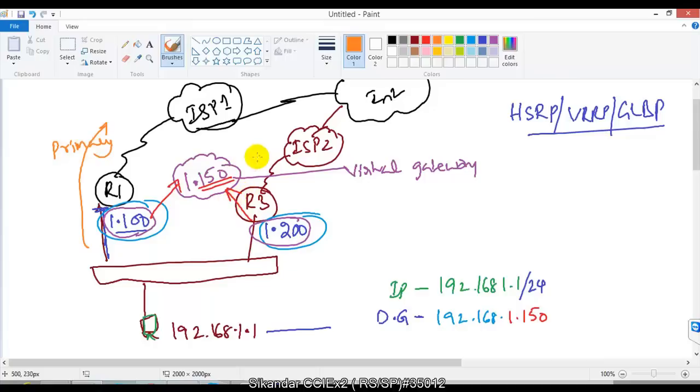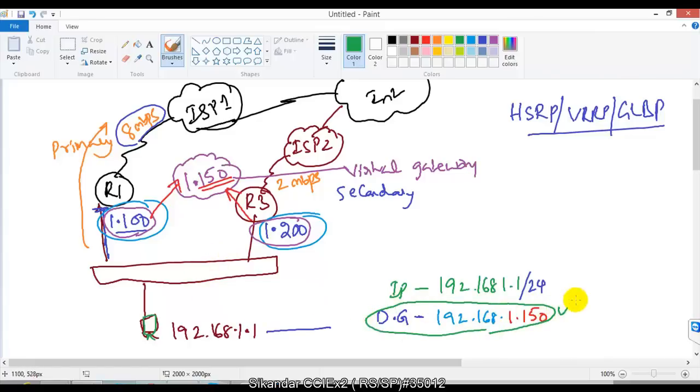So let's take an example. This ISP1 line is using 8 Mbps, and maybe the ISP2 line is just using 2 Mbps. So I always recommend using the 8 Mbps line as the primary gateway, and you can configure the ISP2 line as the secondary gateway. The meaning of this is that on the LAN I need to define the gateway address as 192.168.1.50 for all my users. Now automatically all my traffic will be going via the primary gateway, and in case something goes wrong with my primary gateway, automatically the traffic will be redirected through the secondary gateway without the knowledge of end users.